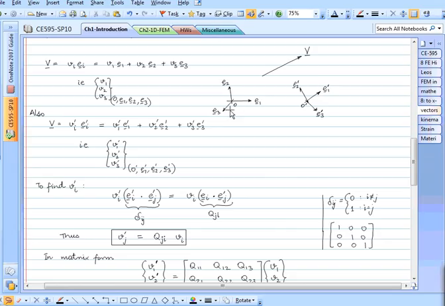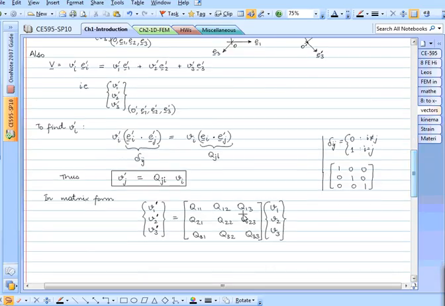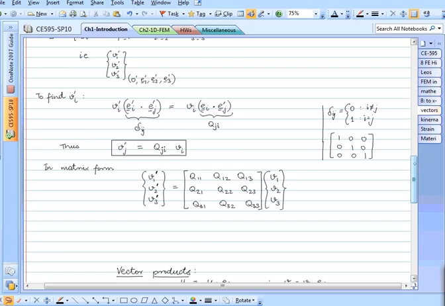So if you have E1, this vector dotted with this vector, that's not going to be 0 or 1. It's going to be some number from -1 to +1, right? So that number goes into this matrix. And now this matrix is also a 3 cross 3 matrix, but this is not a tensor, okay? This is a coordinate transformation matrix, okay? All right, so that's a little bit about how to do coordinate transformation, what are tensors, what are matrices,